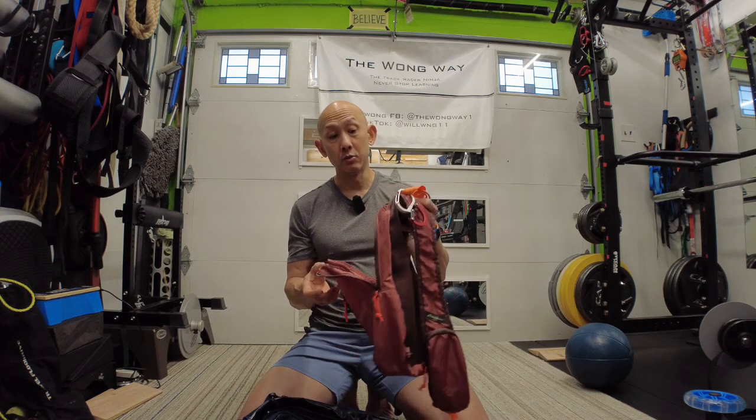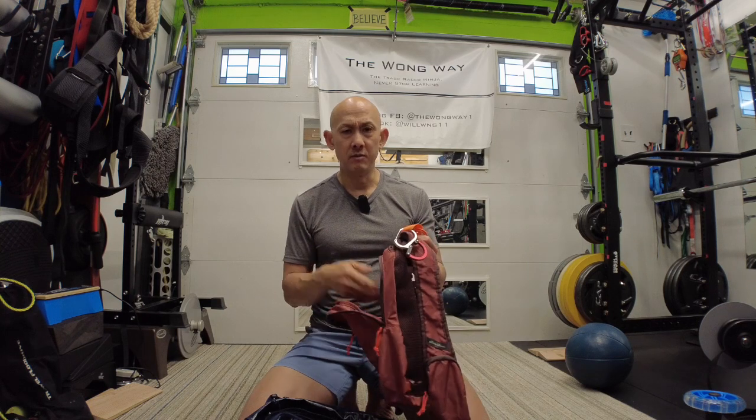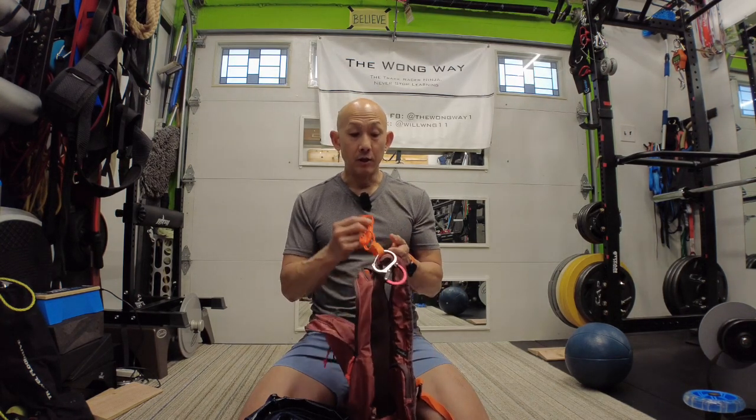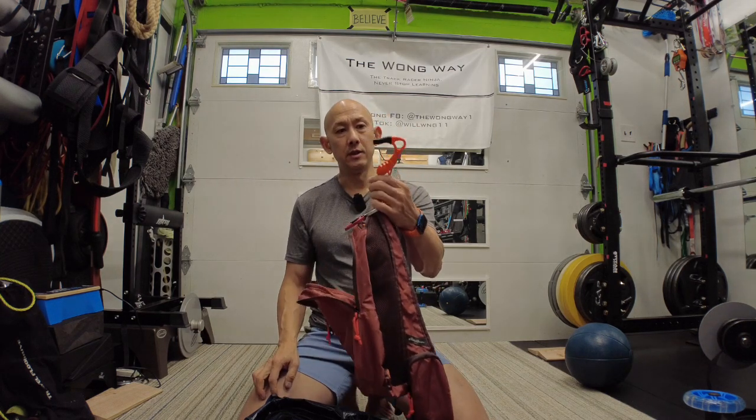Actually, I'll bring this with me when I race because I don't have pockets in my skin suit in case I want to go pee or do whatever. I'll usually take this with me to races and throw my cell phone, water bottle in case I need to refill it. But recently, as in yesterday, I ordered and received these